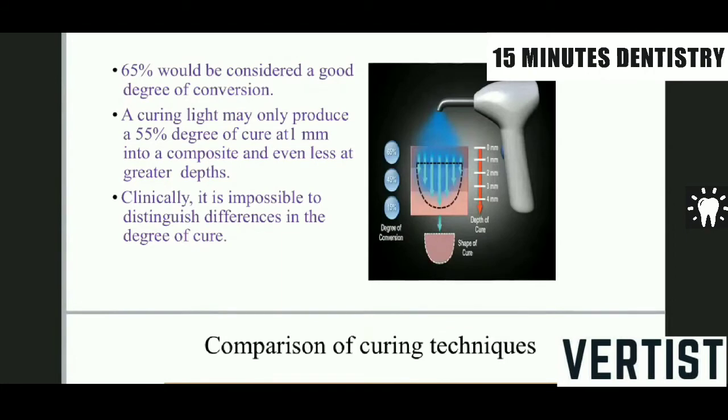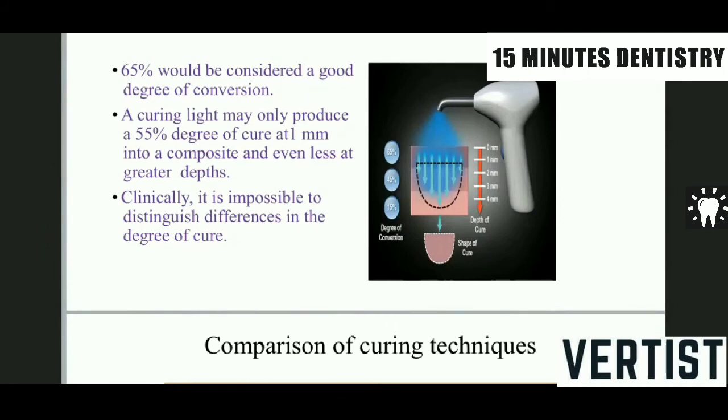You cannot do a bulk cure. Bulk curing was done in an older way, that is your chemically cured composite or a direct filling composite or adaptic. It was a very old material which was used. Nowadays it is no more used for restoration. So in this case, you are supposed to use different increments to take care of the depth of cure as well as cure of the composite. If the composite is not cured completely, the residual monomer is dangerous for the pulp of the tooth as well as for the longevity of the restoration. That is why the depth of cure is important and the incremental technique is required.